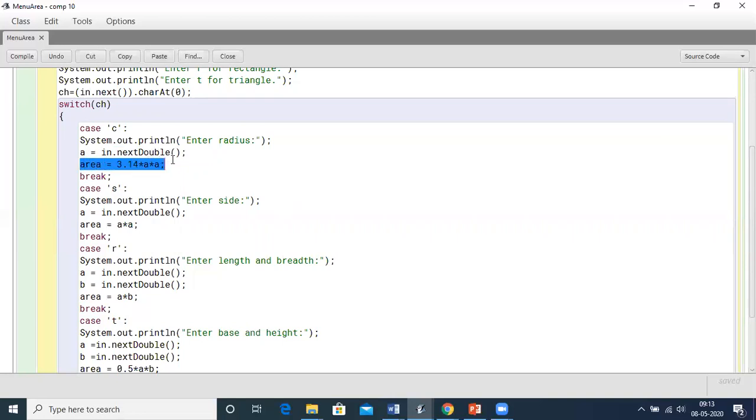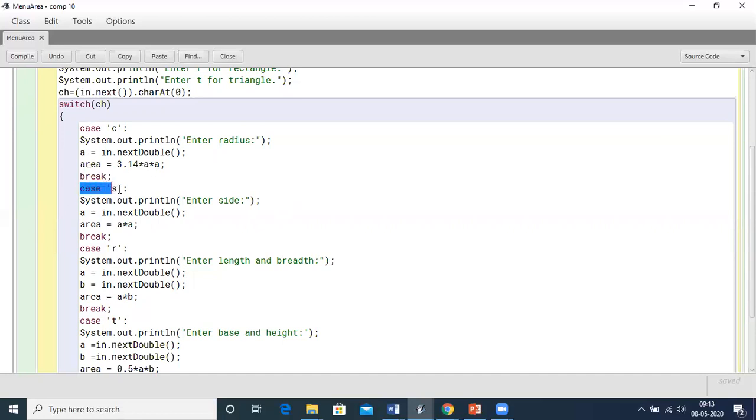Then the formula to calculate the area of the circle. We need to have the break statement, because the break statement will end the case over here and bring the control of execution outside the switch case.